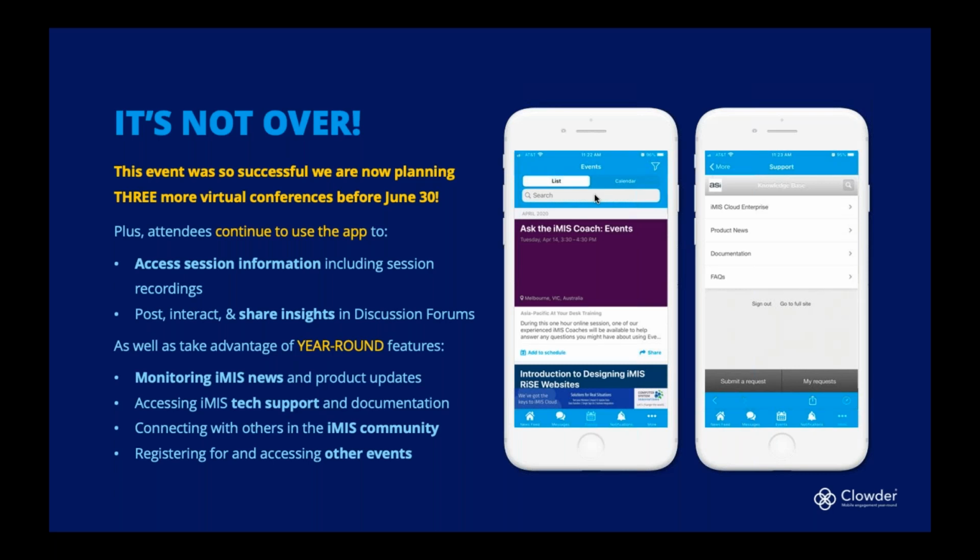But also we know from stats, our attendees continue to use the app. They're going back to those discussion forums to ask questions. They're accessing the session information. You think about how many times you've gotten the question, where do I get the recording again? The answer is so much simpler now. It's in the app. It's not